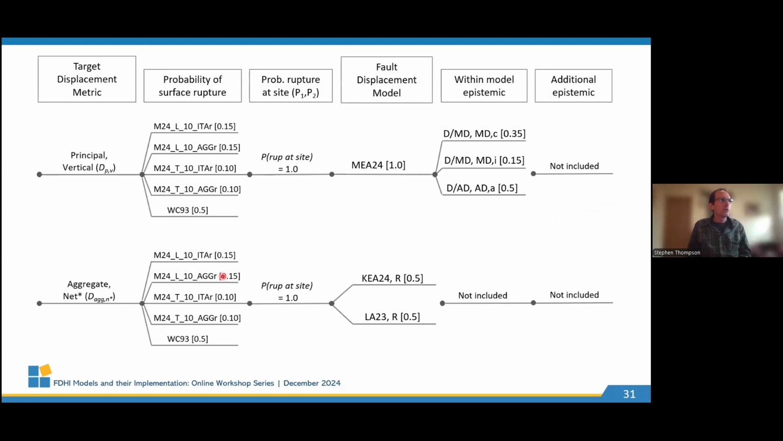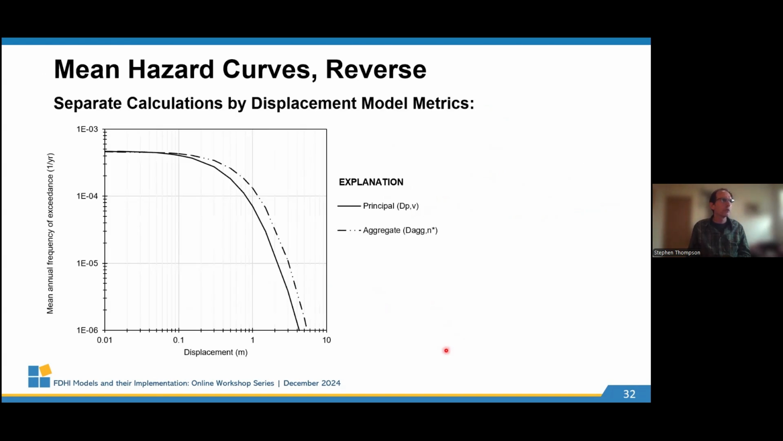Here's the logic tree that we implemented. Now we're using the Moss et al. model with different within-model epistemic formulations. For the aggregate for reverse, we have the Kuhn et al. and Lavrentiadis-Abrahamson models for reverse. And here's the comparison of the mean hazard curves, where we have quite a bit higher displacement for the aggregate